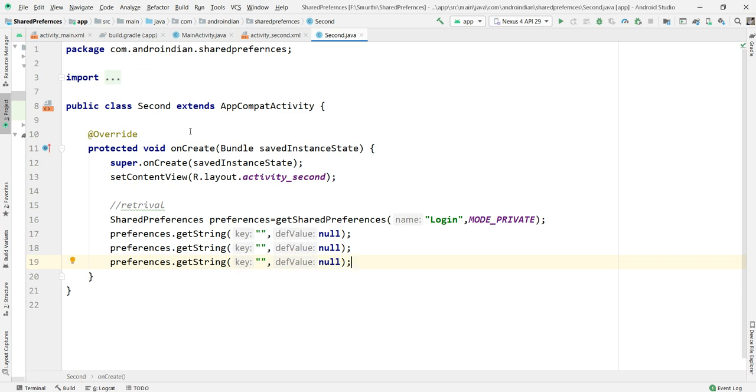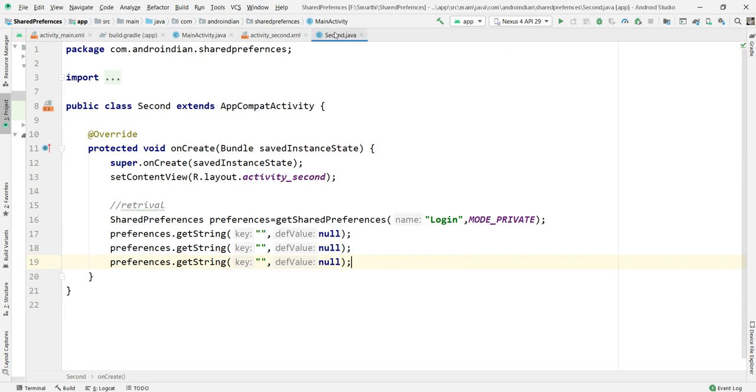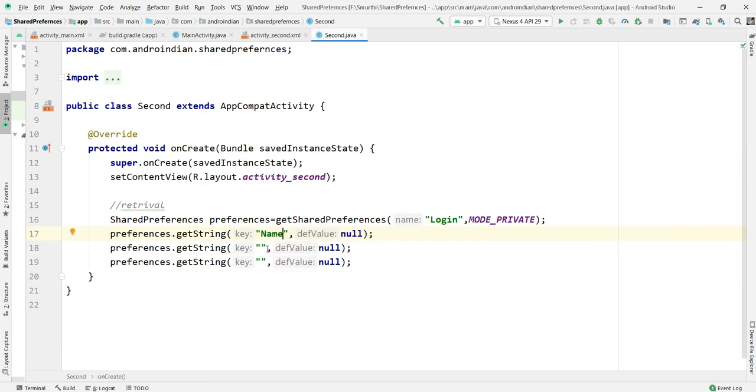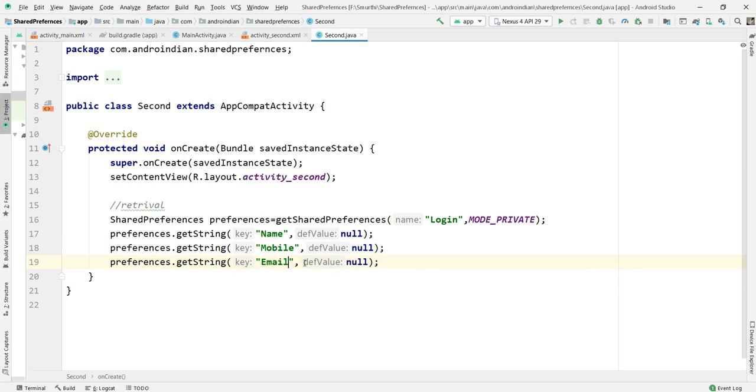So keys you can always copy and paste from here because it's case sensitive. If something is missed, we cannot access the data here. So because of that, better to copy and paste. Means it's a capital M, and if you kept a small m, it's very problematic. So like this.